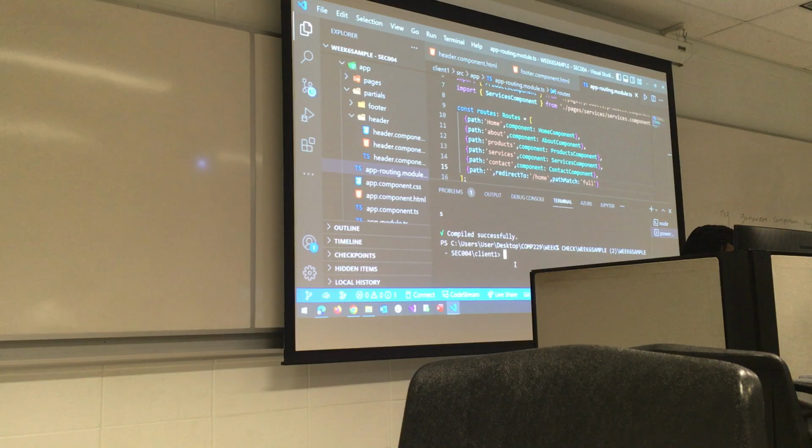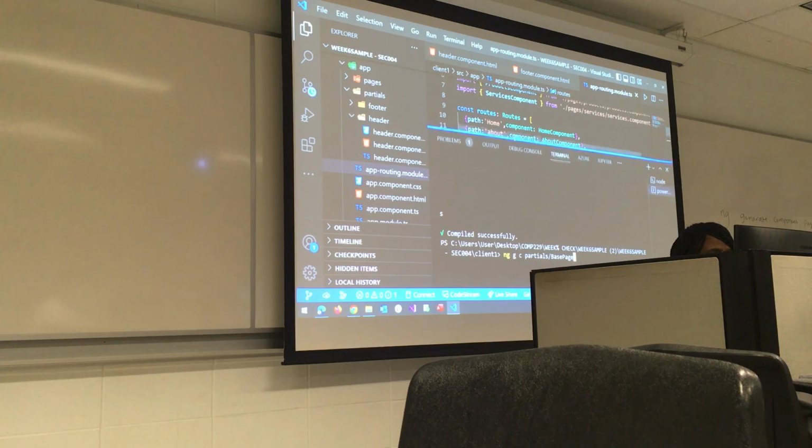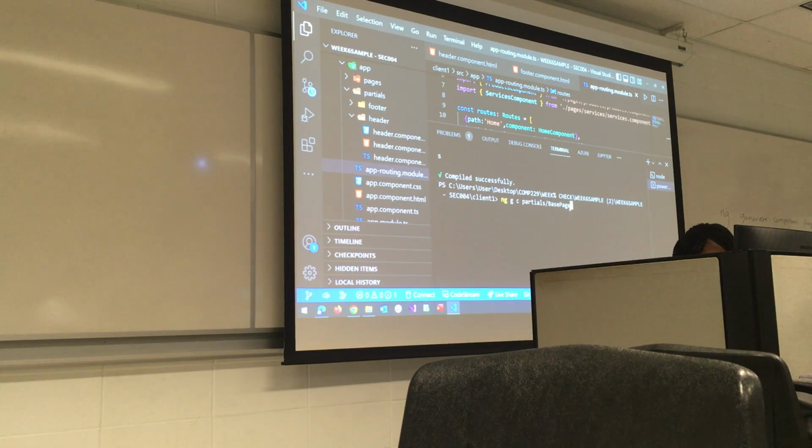So we say ng, you can use the short form g, that is generate, c, component, partials/base-page, to generate the partial for the base page. Let me move this up so that we can see it. Then enter.